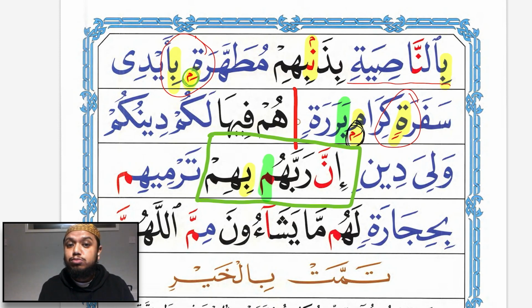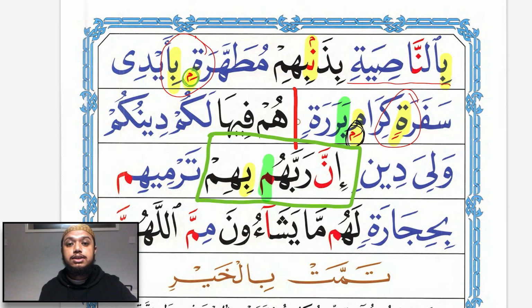Whenever we have a meme sukun followed by a ba, we must read it with ghunna for two harakat. This rule is called ikhfa shafawi, but for the time being you don't need to get bogged down with the names and technical terminology, as we will cover this in tajwid inshallah. But what you do need to know is that whenever you have a meme sukun, we must look at the next letter. If the next letter is a ba, then you must read it with ghunna for two harakat,